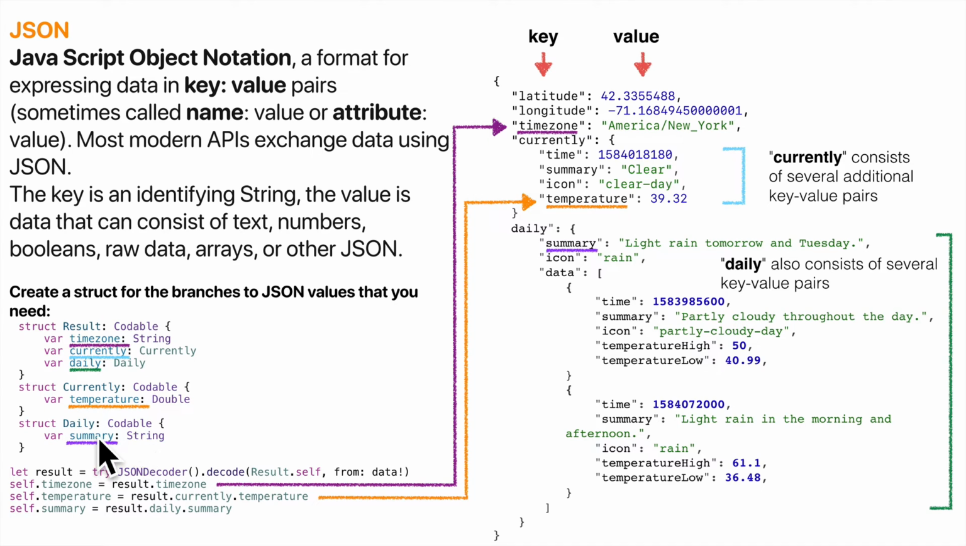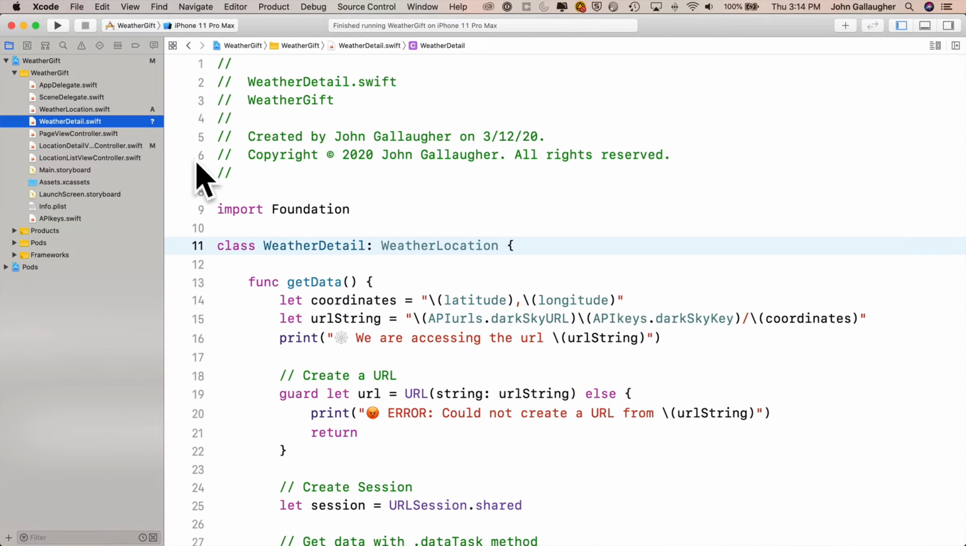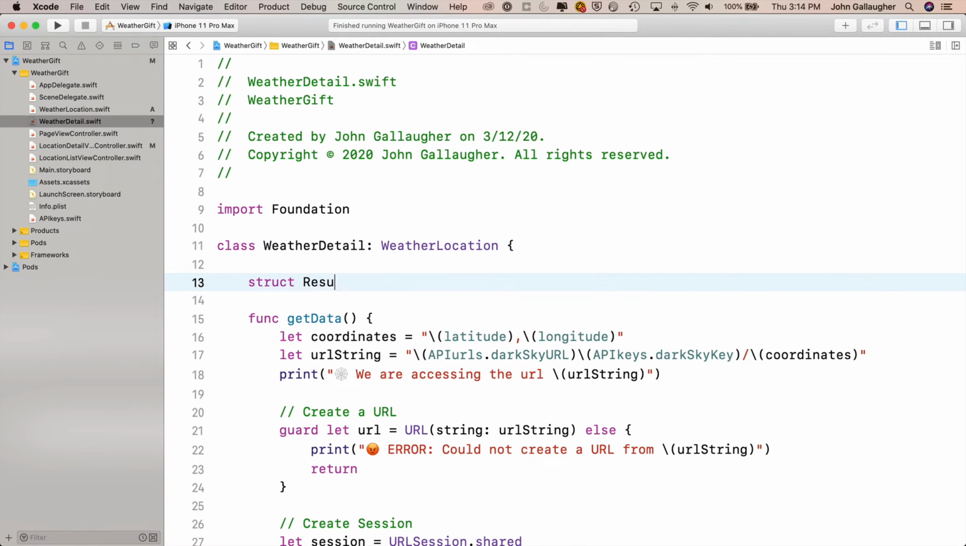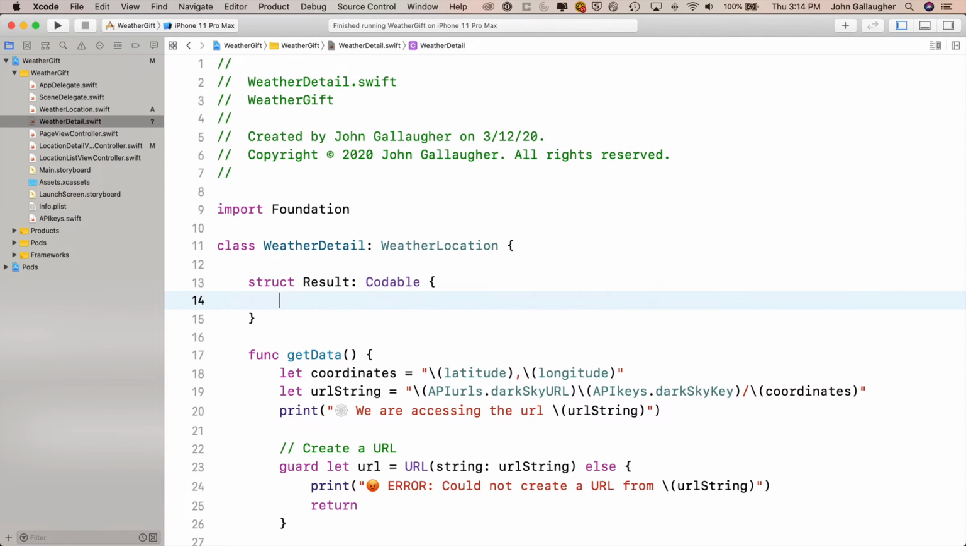And then how do we get the summary? Just result.daily.summary. Let's build this. So back in Xcode, open up our WeatherDetail class. Let's create that result struct right under the class definition. So we'll say struct capital Result colon Codable, make it Codable, open and close curly, and inside we'll put in